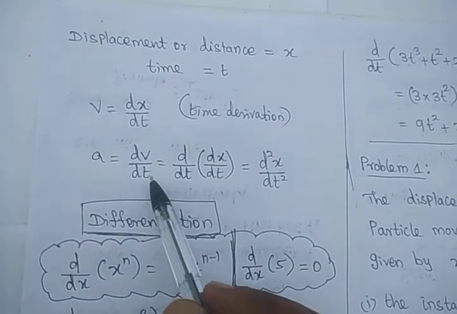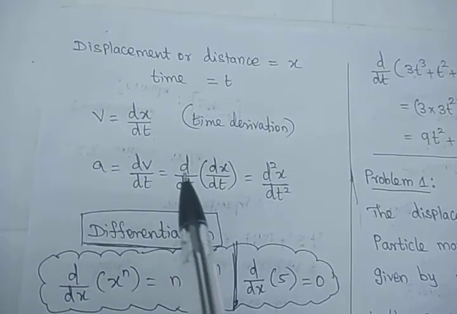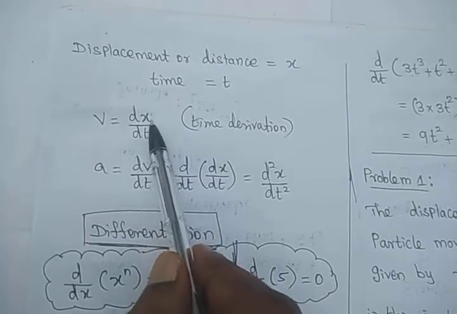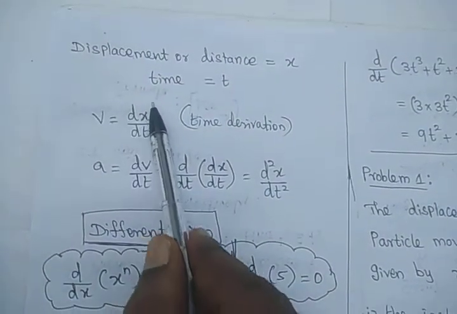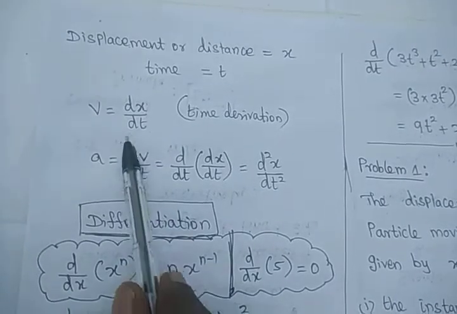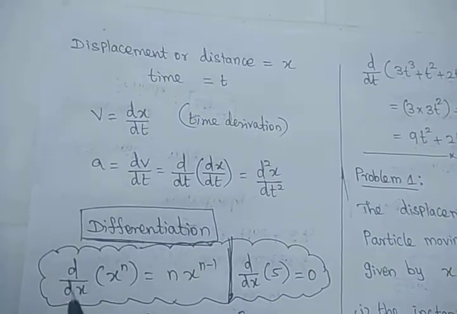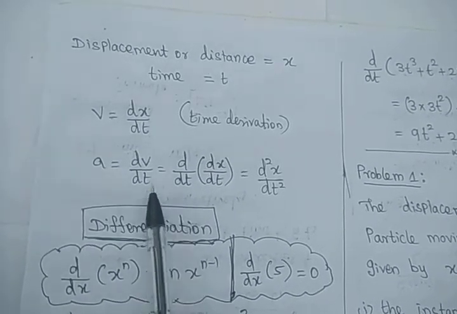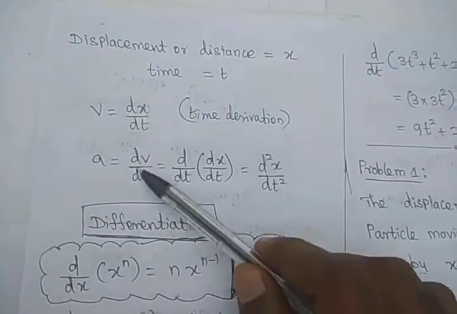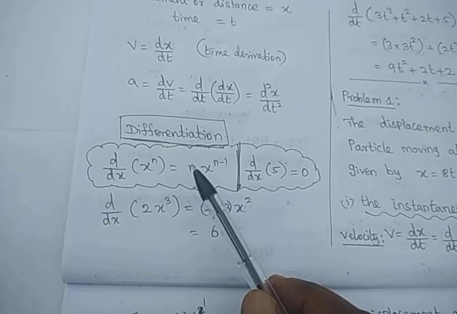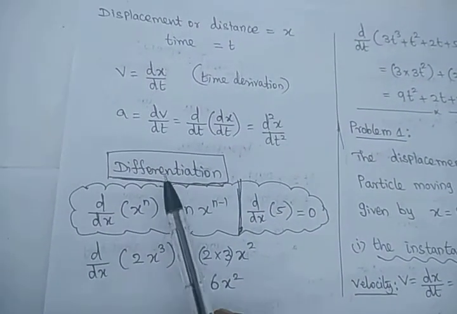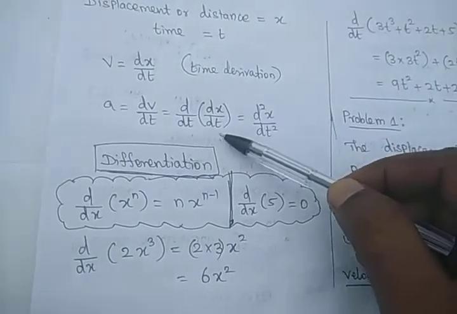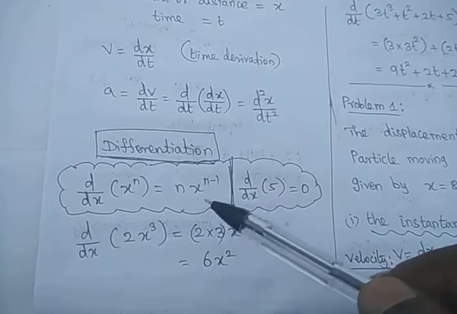Also the change in velocity with respect to time is called acceleration. What is this new notation? dx by dt, and here dv by dt. So there is a change in displacement with respect to change in time, a small displacement change with small time, the same as a small change in velocity with a small change in time. The time interval between t1 and t2, if you subtract t1 and t2, we get dt. These mathematical notations are called differential calculus, differentiation. Once you differentiate, we get the solution. So in order to calculate the velocity and the acceleration, we should know how to differentiate the variables.